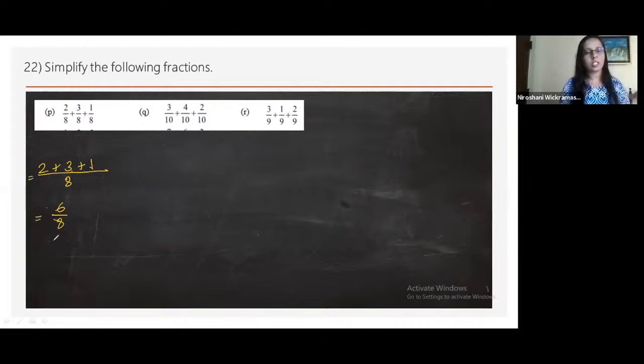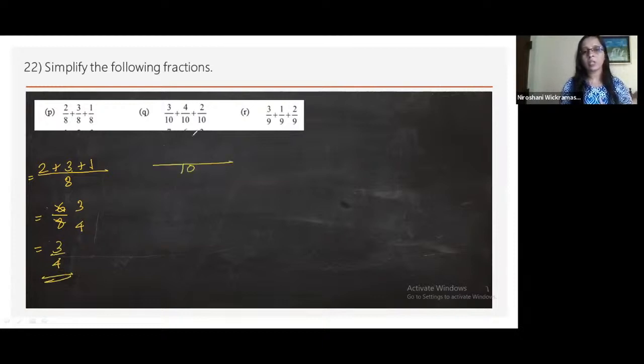Now you are advanced children, you can simplify. Over the line and below the line are divisible by 2. How many 2's for 6? 3. How many 2's for 8? That is 4. 3 over 4. Here,